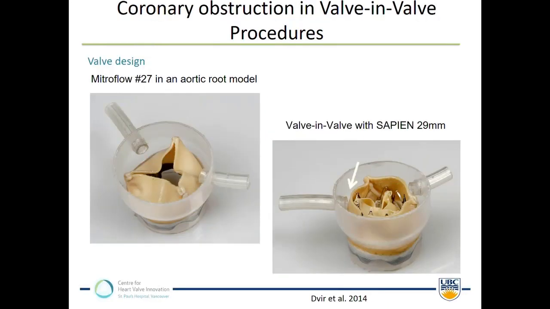In the early days of valve and valve, there was a poor understanding of the mechanism of occlusion. And we were measuring from the annular plane to the coronary ostia. Of course, in the setting of valve and valve, the height of the coronary artery is only a modest predictor of risk. Clearly, if the coronary artery is above the surgical valve, then there's no risk of occlusion. But what's really driving the risk of occlusion here is the fact that we're creating a covered stent in the root of the aorta. We're putting in a transcatheter valve, or fortunately I'm not, but an interventionalist is, and creating a covered stent in the root of the aorta.